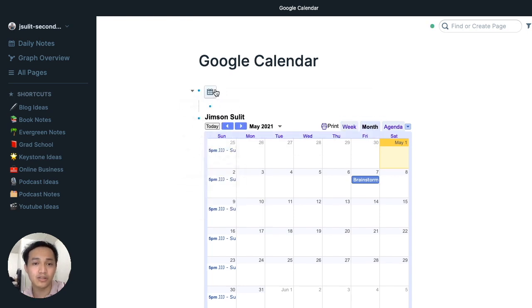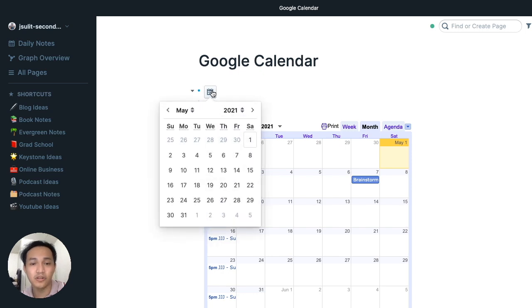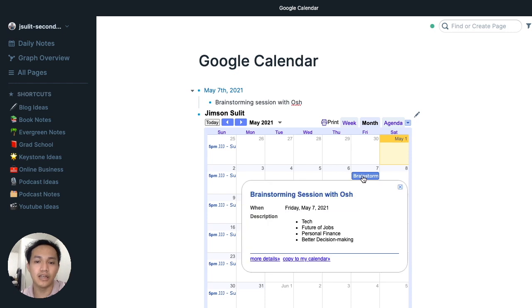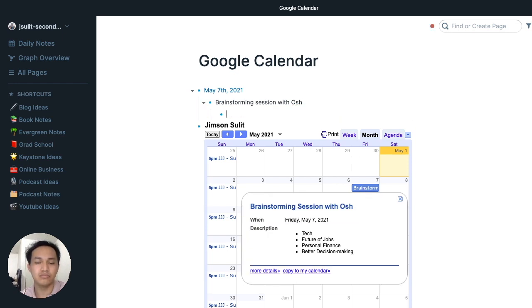And we could remind ourselves, it's up to you, maybe during the day or a day before. But I guess it would be nice to remind yourself during the day itself, because I open Roam Research every morning. So we'll put in the date picker, and we're gonna add that we have a brainstorming session, and I could add further details like topics, tech,